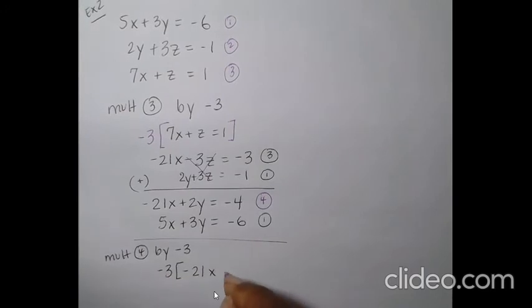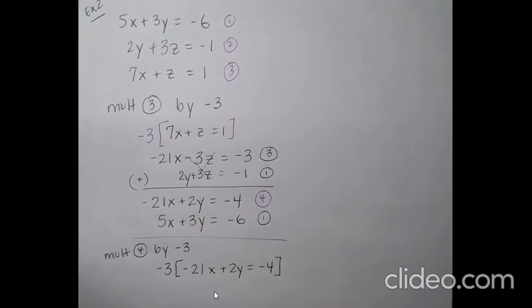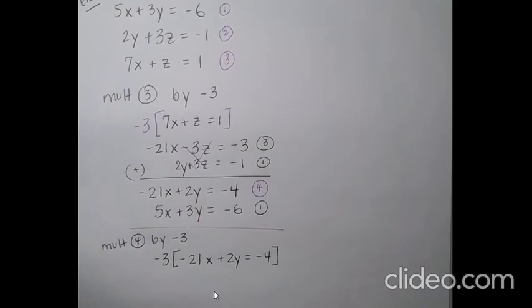Negative 21x plus 2y equals negative 4. We're multiplying all of equation 4 by negative 3. So we have 63x minus 6y equals positive 12. This is still equation 4. It's just been multiplied. Now let's multiply